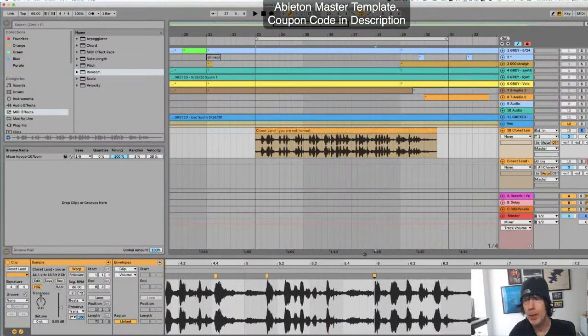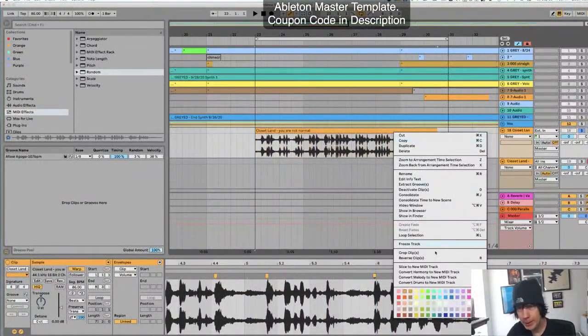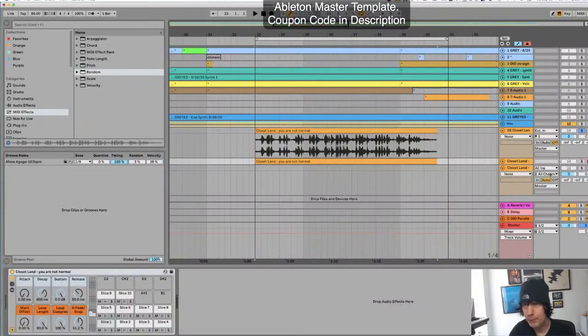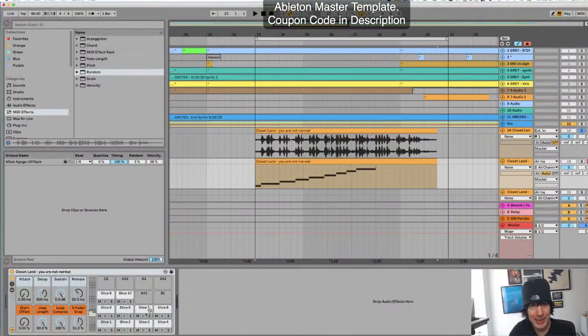That's good for now. And then I could right click, and when I slice to MIDI, instead of transients, I'm going to go with the warp marker. And I've got less slices here, but I've got, let's see,